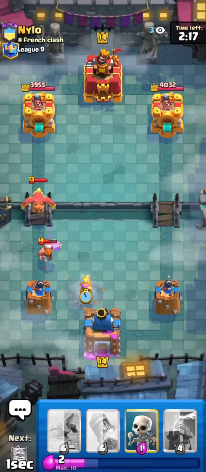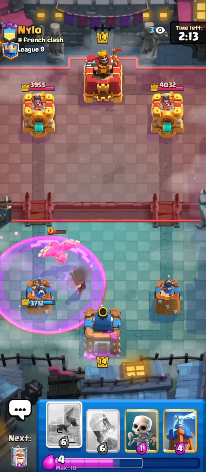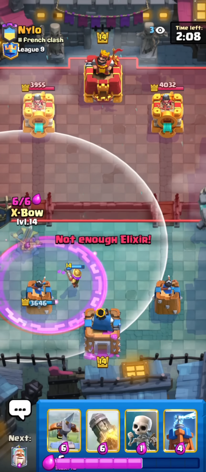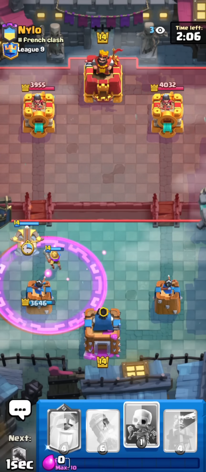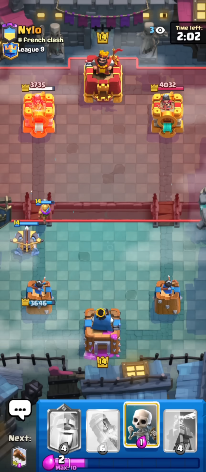Does go Phoenix at the bridge, kind of bridge spamming, but I'm already back to another Musketeer, so that'll just get taken out pretty easily. And I could maybe Expo with this Musketeer. I don't think he'll have enough for a Golem. This is obviously going to be a Golem deck because he has the E-Barbs and Lumberjack. And yeah, I knew he wouldn't have enough because he spent too much with that Phoenix there, so...